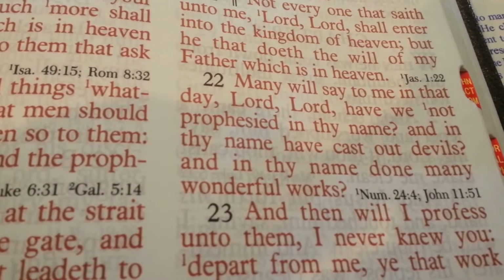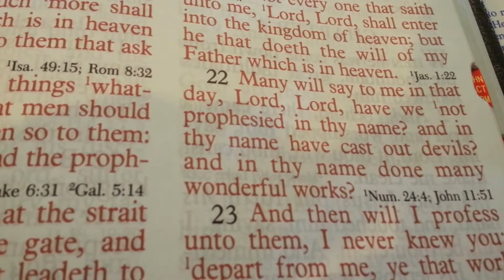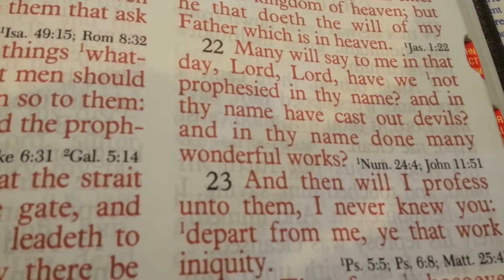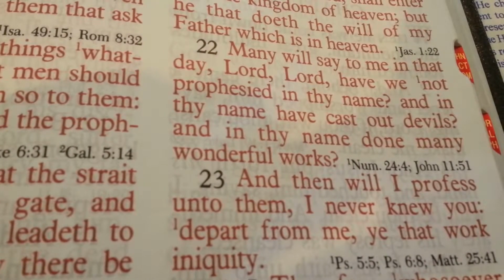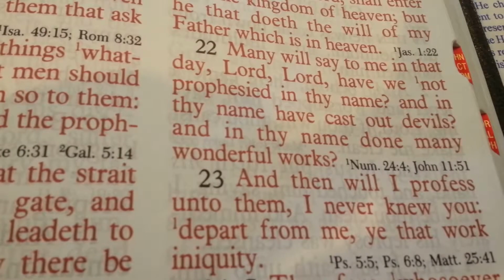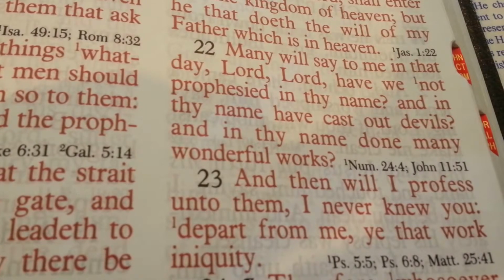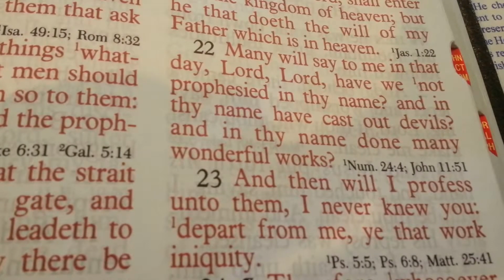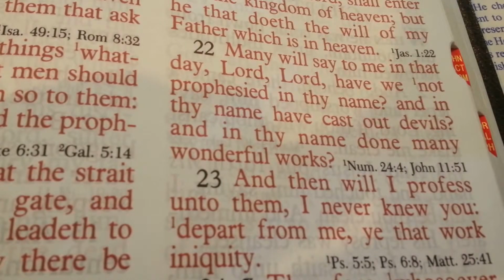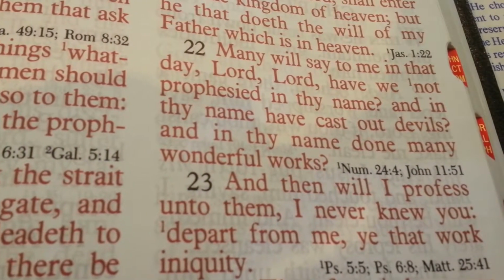Now these are church people. These are followers of Christ that have done all of these works. And then I will profess unto them, I never knew you. Depart from me, ye that work iniquity. Now that verse has bothered me for a very long time, because, why? I couldn't figure out how the church could be rebuked and sent away by Jesus until I discovered